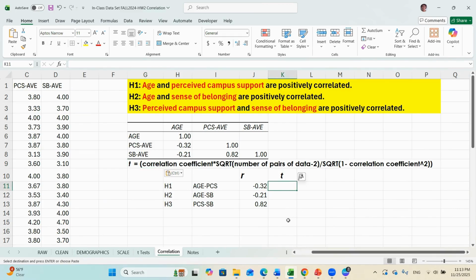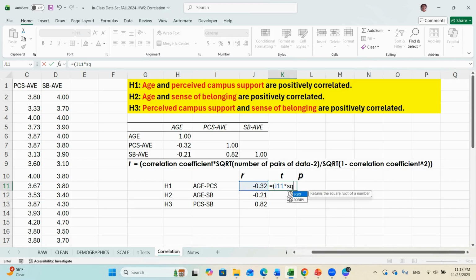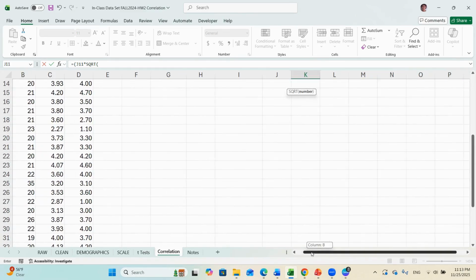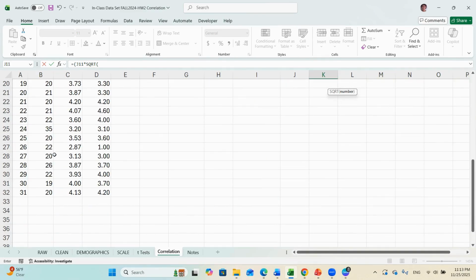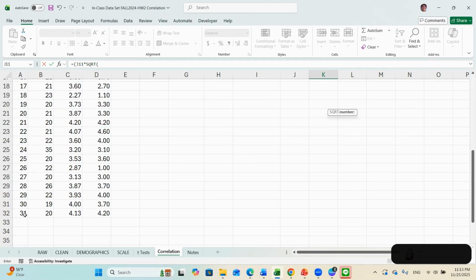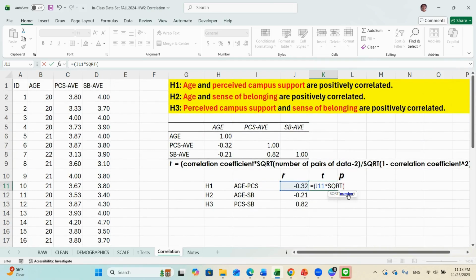So I'm going to follow this formula here to calculate the t-score for the first R, for the first correlation value. So that's going to be equal, open parenthesis, correlation coefficient, which is in cell J11 here, and then asterisk, which means times, and then SQRT for square root. Number of pairs of data refers to how many pairs that you need to compare in this data. Basically the number of participants here, so we have 31 here,